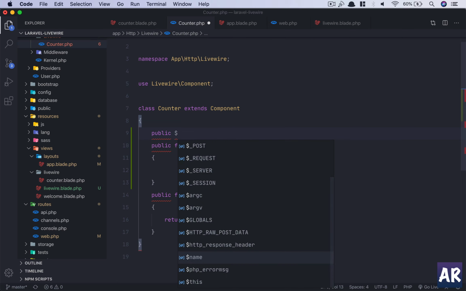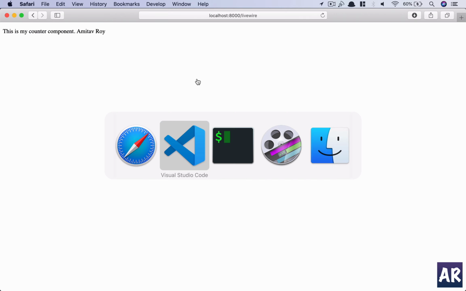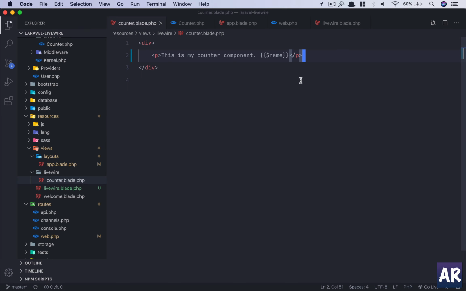Okay, and inside counter.blade, why don't we print $name, hit refresh, it is coming up, and let's try to bind this as well, maybe. So inside here we will have input wire:model is name, and now I can change it. So you can see